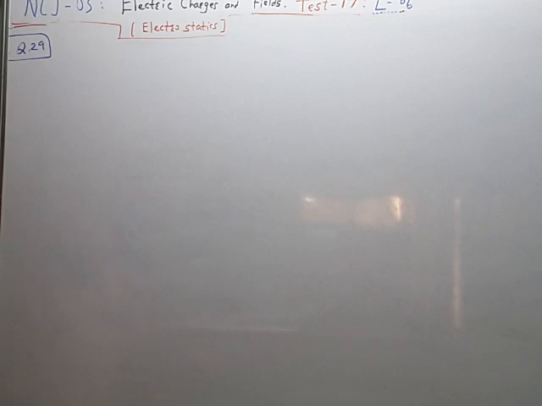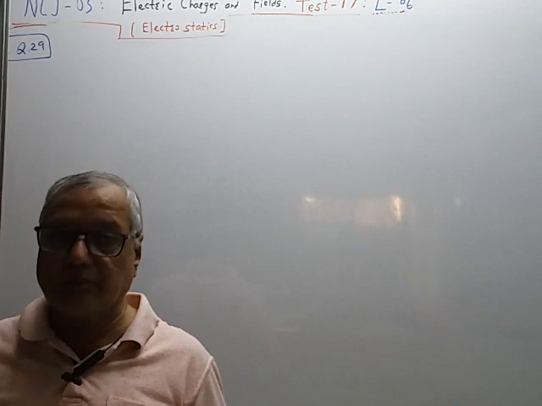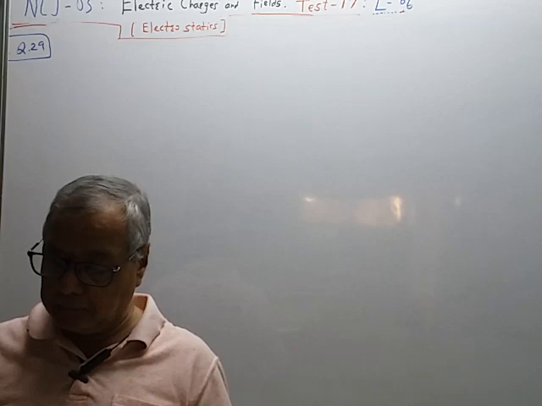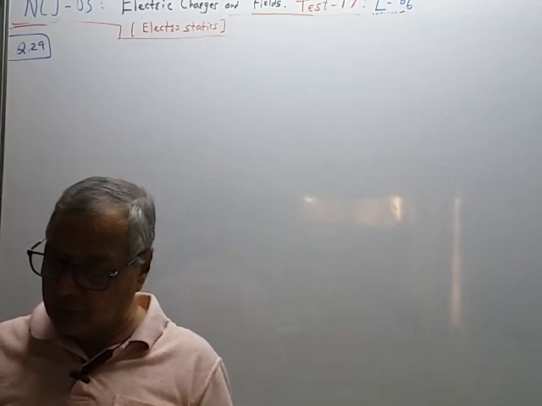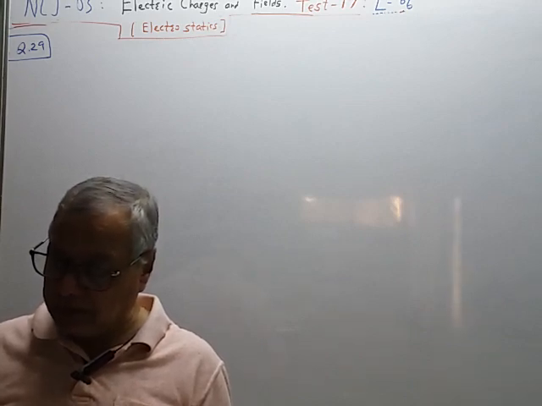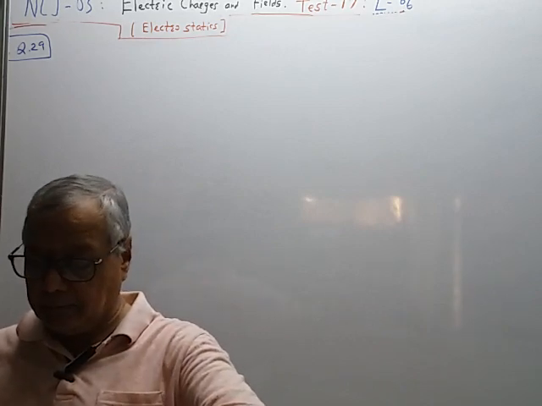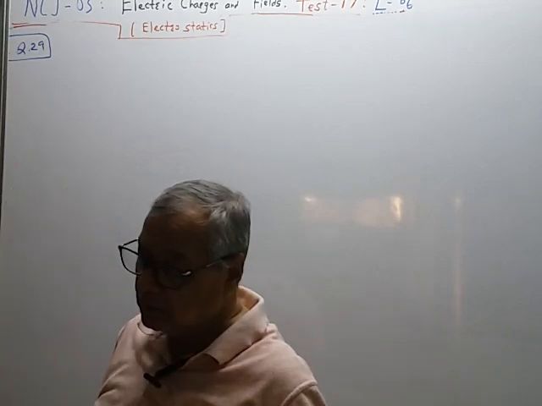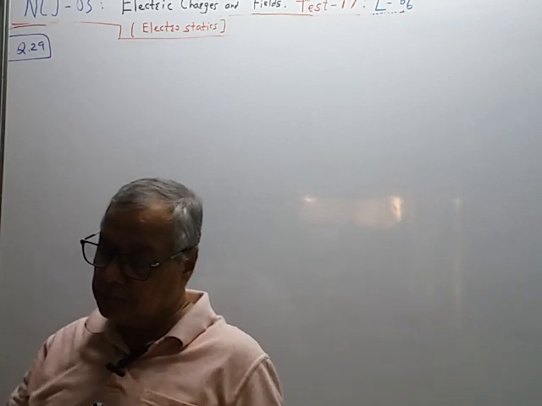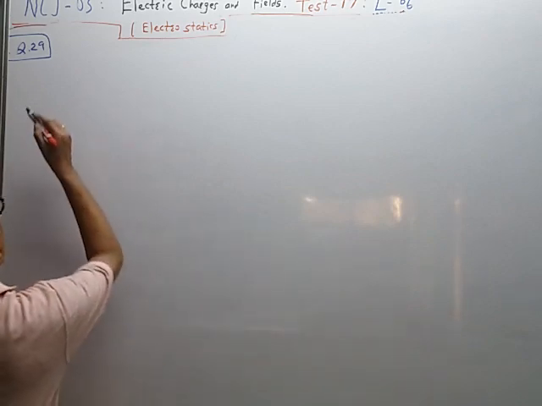Next question number 29. Which statement about the Gaussian theorem is not correct? A. It can be derived by using Coulomb's law. B. It is valid for conservative field and obeys the inverse square root law. C. Gauss theorem is not applicable in gravitation. And D. Both A and B are correct. तर A आणि B दोघी रॉंगच येते, पण ते रॉंग काय त्याचं कारण आपल्याला माहिती पाहिजे. So Gauss's theorem is not derived from Coulomb's law, but Coulomb's law is derived from Gauss's law. A choice.